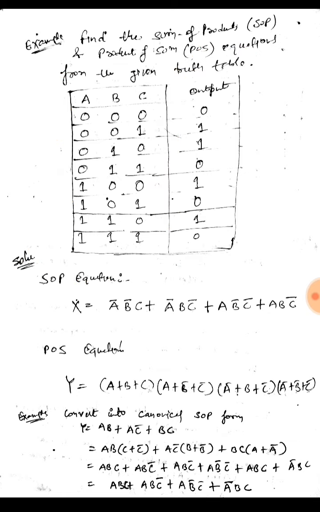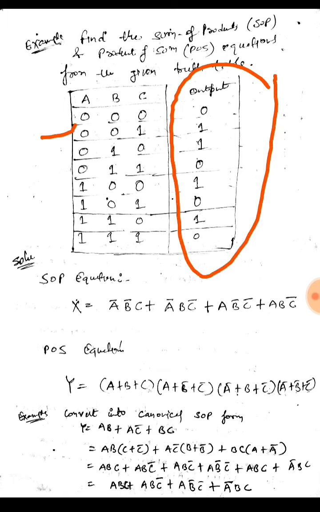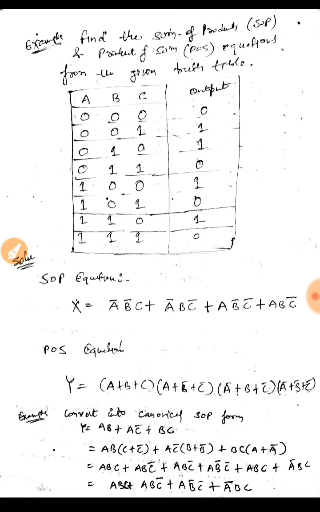So this is my function output, which is high for these combinations, so I am having a high value for 4 combinations. I can represent my logical function using min terms or max terms, that is, the sum of product form or the product of sum form. First is the SOP form. For sum of product form, I will need to have the product terms. As I have already told you, the term would be high.